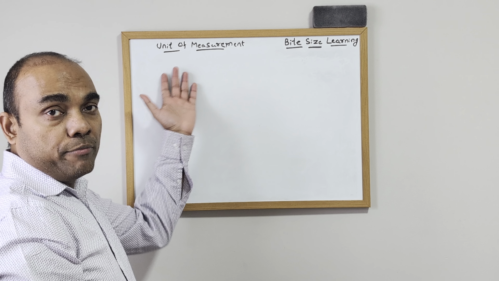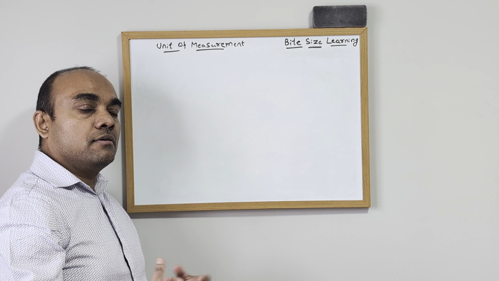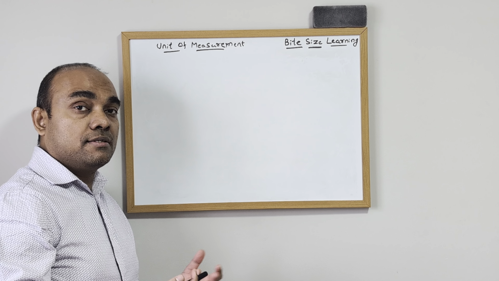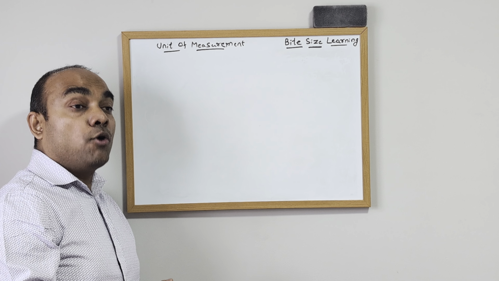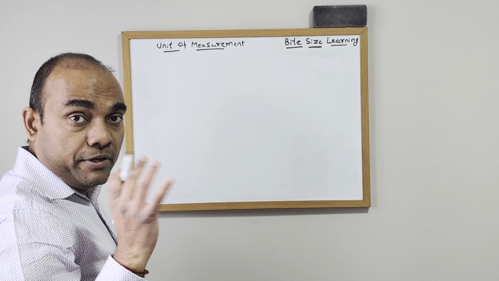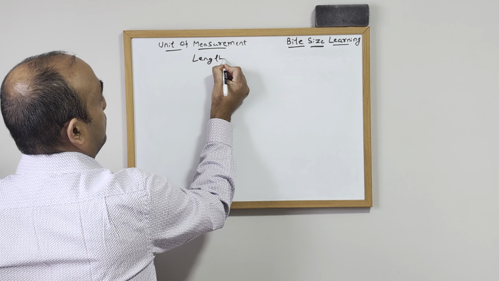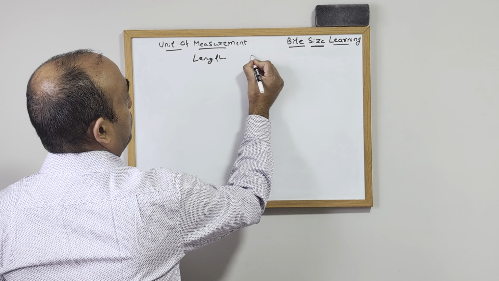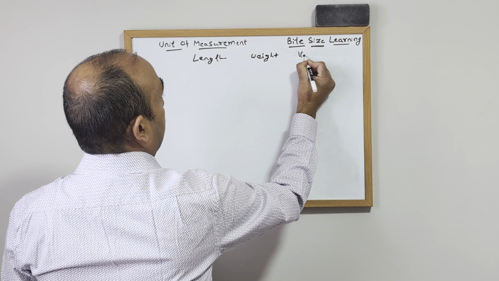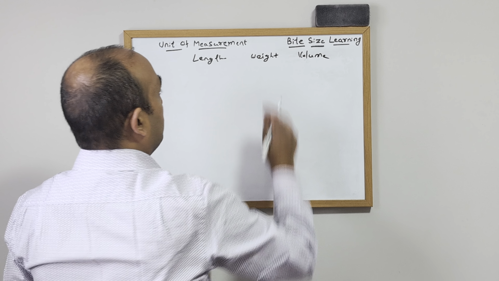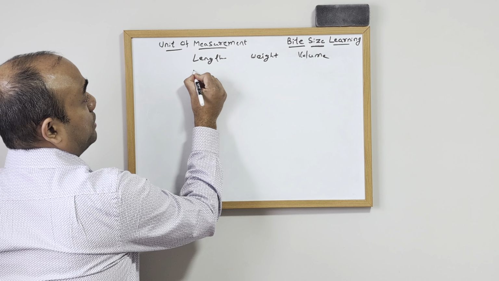Today's topic is unit of measurement, right? So we see a lot of things, the distance, the weight of something, volume of something, but how do we measure it, right? So we have a defined scale. When we talk about length, when we talk about weight, when we talk about volume, right? So we have a scale which starts with milli,